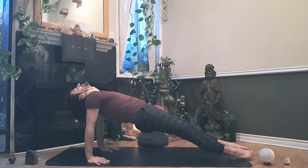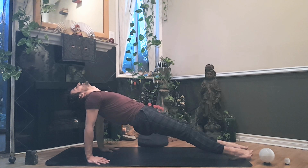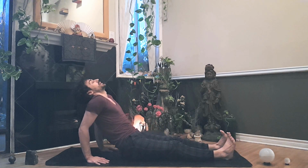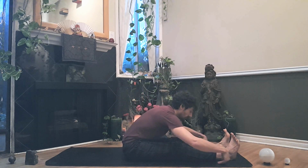For these last breaths in this pose, I want you to engage every muscle of that back body all the way down through the hamstrings, through the toes, all the way up through the shoulders. Feel it all active. Take a deep inhale in. Hold the breath at the top. When you're ready, releasing down and allow yourself to come all the way forward into a nice static forward fold